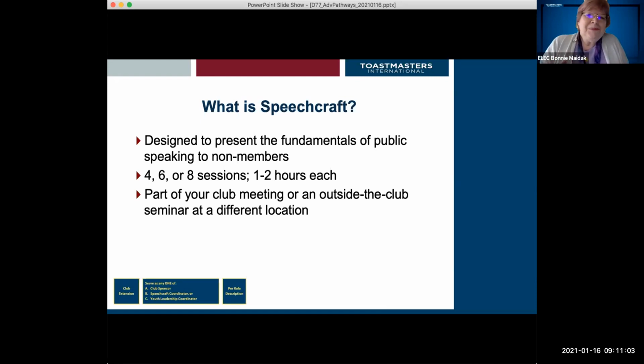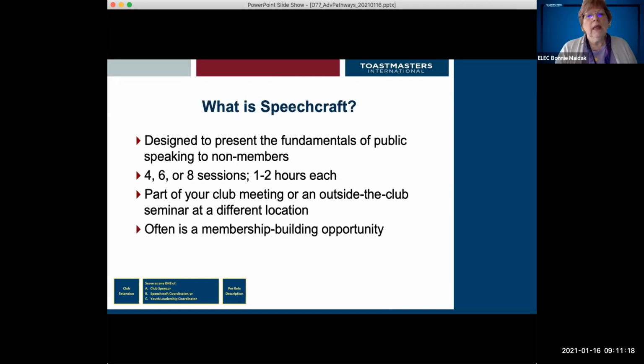And now when we were in person, that's what the different location is. But you definitely want people to think about joining your club after the end of the Speechcraft. This is a membership building opportunity for your club. Yes, it takes some effort. Yes, it takes extra people to put on the Speechcraft. And yet, it can be a membership building